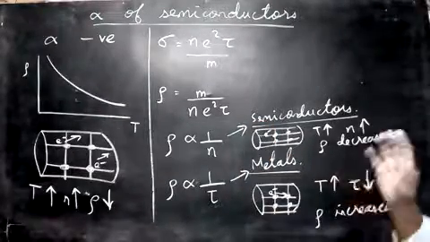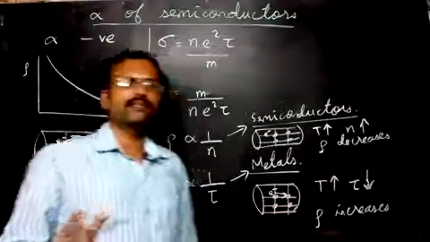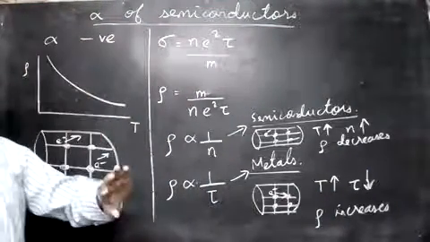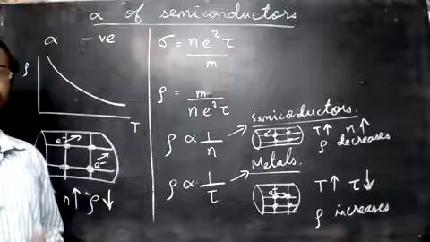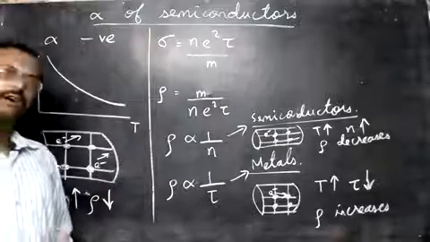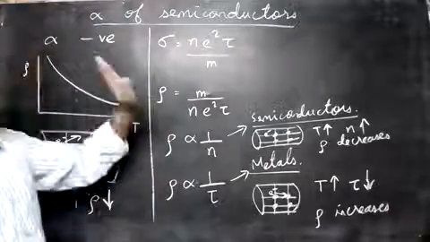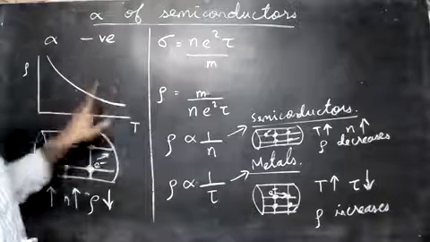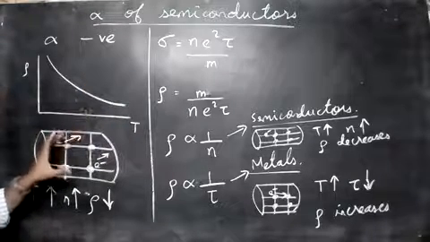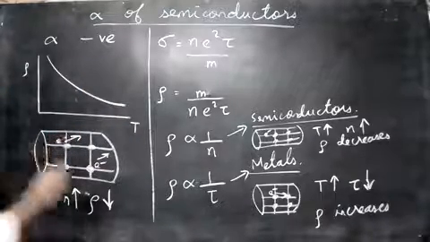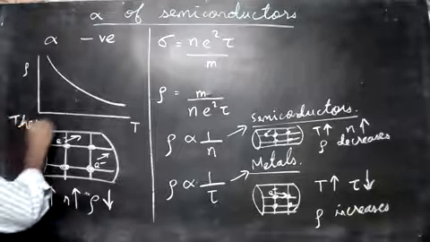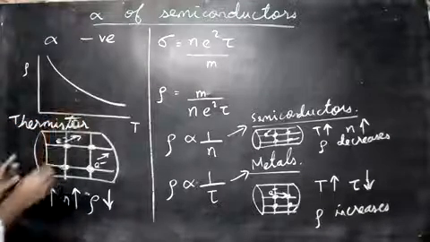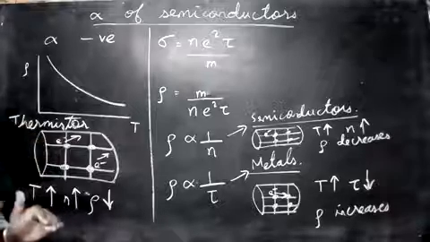So this temperature coefficient of resistance is a very important topic. Based on this we can see different materials having different properties. As temperature increases, for some of them resistivity will increase. But there is one specialty for semiconductors. If the temperature increases and resistivity decreases, we also call such a device a thermistor.